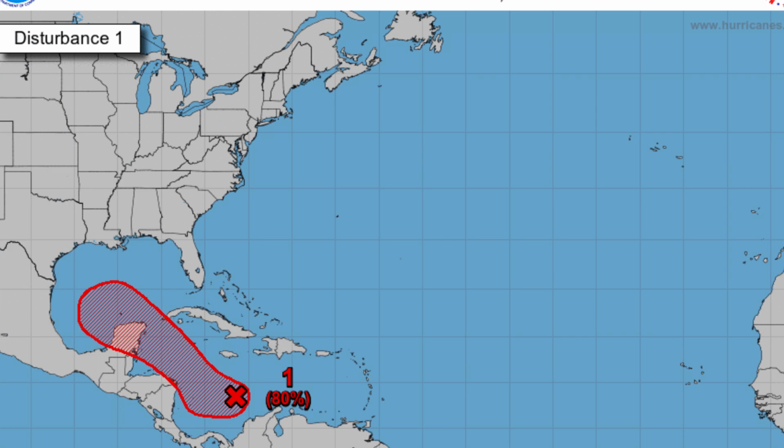National Hurricane Center have it at 80% over the next 5 days, and there they have its probable track. Of course it can go anywhere within that cone. If it does make landfall on the Yucatan, of course, that will favour a weaker and a more southerly storm. If it trends further north, the storm could really blow up when it enters the Gulf of Mexico,